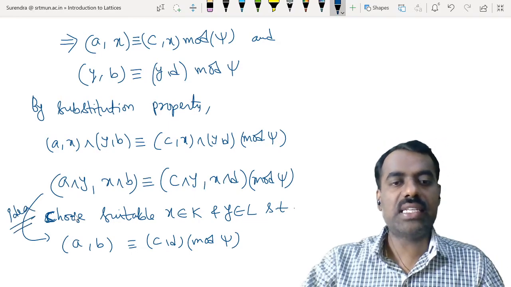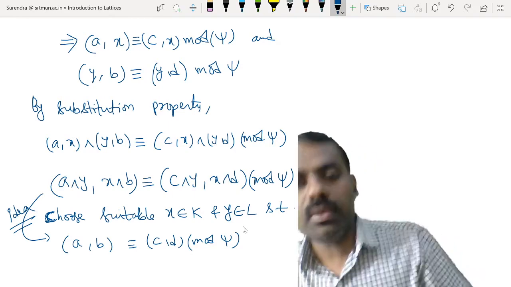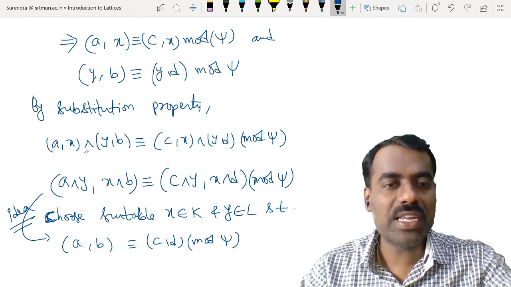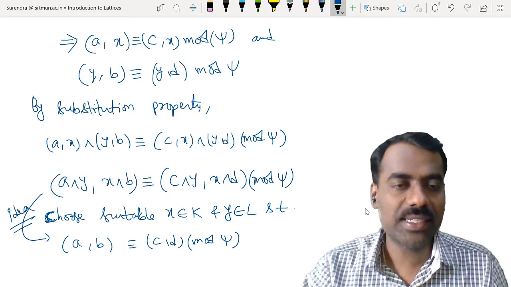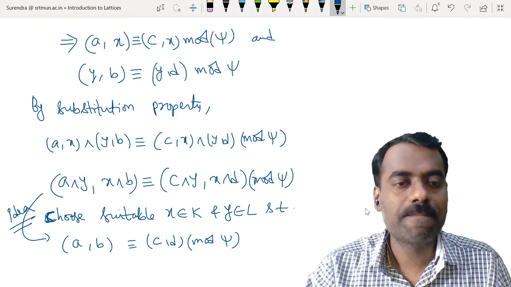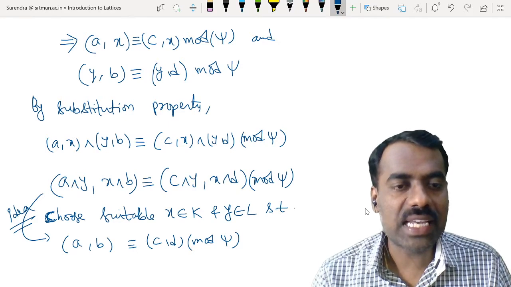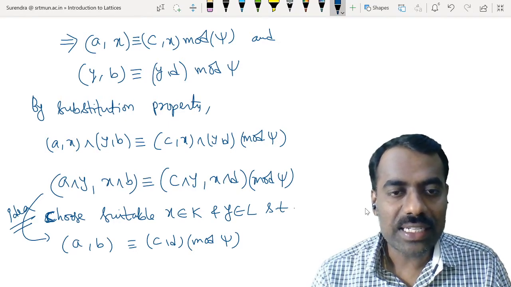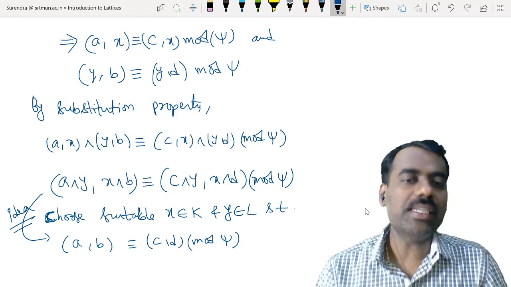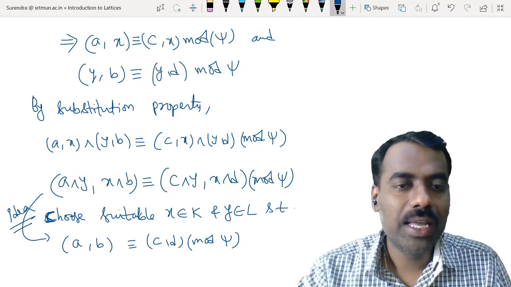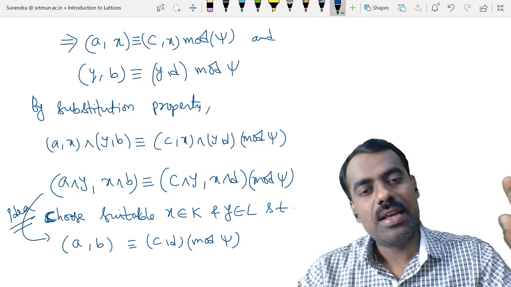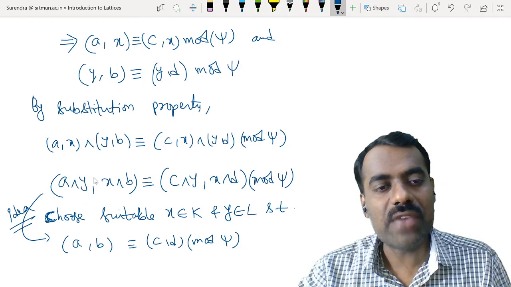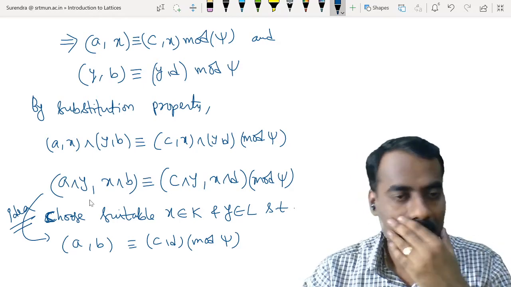So how can we select such x and y? Of course, this x and y should be in the form of a, b, c, d, right? What y do we have to select here, such that when we meet with a we should get a, and when we meet with this c we should get the same c? Can somebody tell? A meet c won't work. Why do we have to take y this way? y equals a join c.